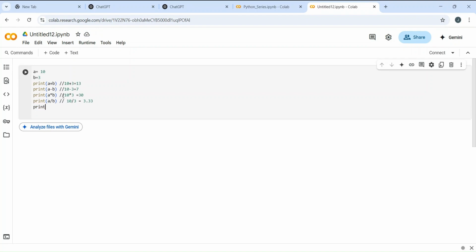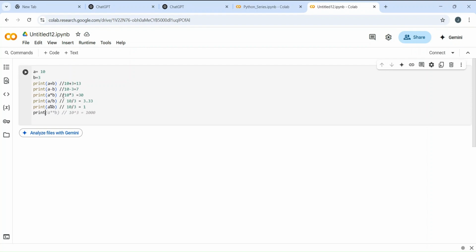And you can do modulus also, which gives the remainder. For modulus we use the percent symbol, a percent b. 10 divided by 3 gives a quotient of 3 and a remainder of 1, so the answer should be 1.